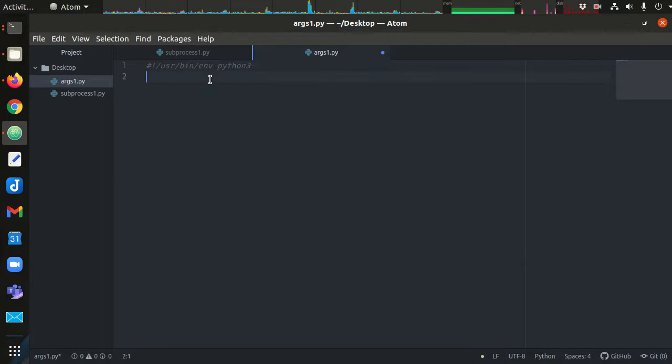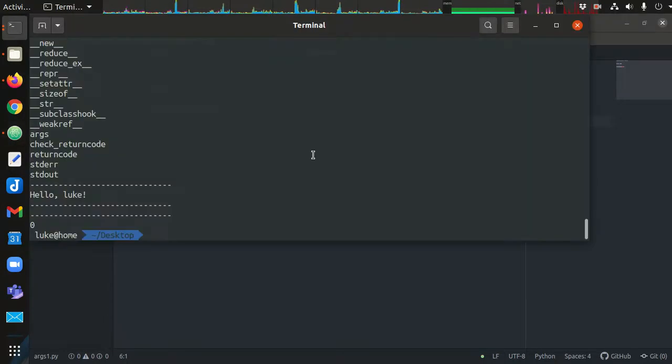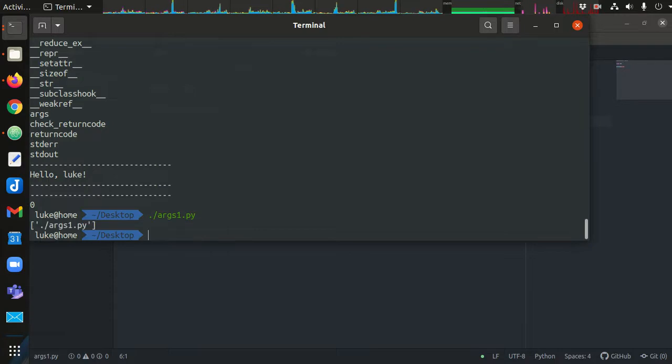env3. Again, you don't need to do this. You can just use the Python command if you want, but this is my preference. And we're going to import sys. Sys is going to allow us to get the arguments. So print sys.argv. That stands for argument vector. Now, if we print this out, we can see args1. So this is our argument vector. It's a list. Vector, you can generally just think of as an array or a list in Python. So any arguments I add here,